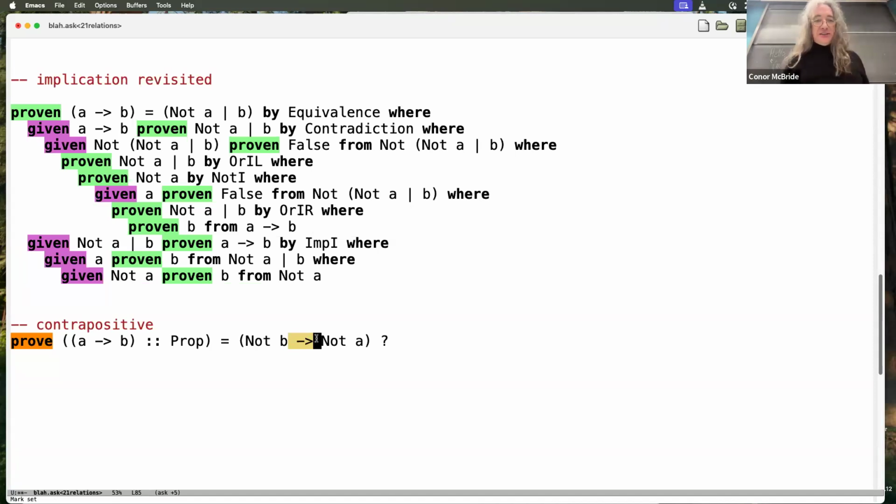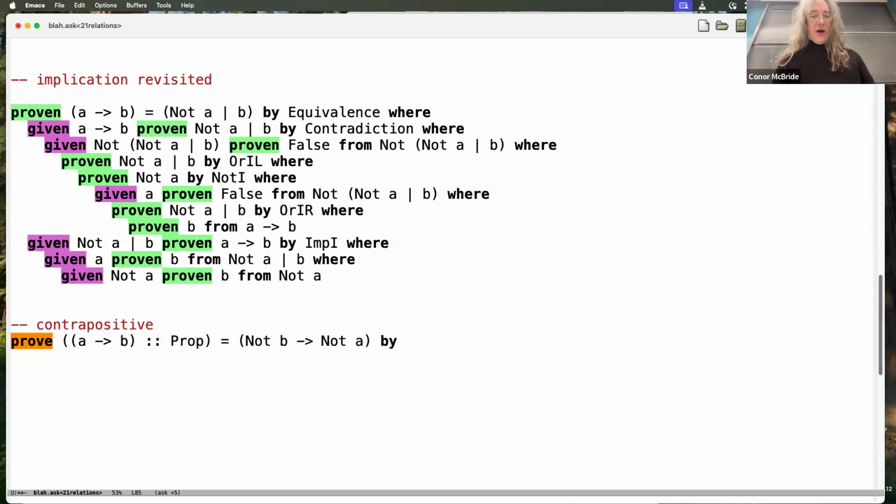So what I've had to do to state this goal is to slap a type annotation somewhere. So prop is the type of propositions. So all I'm saying is, hey, ask, this equation is between two propositions. The thing on the left-hand side is a proposition. And that just deals with ask's stupidity by being explicit with it. So this double colon prop just means this thing is a proposition, but it's still A implies B.